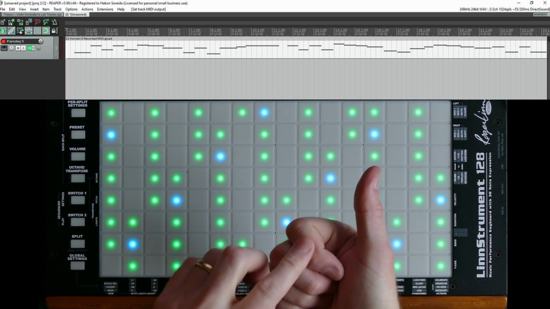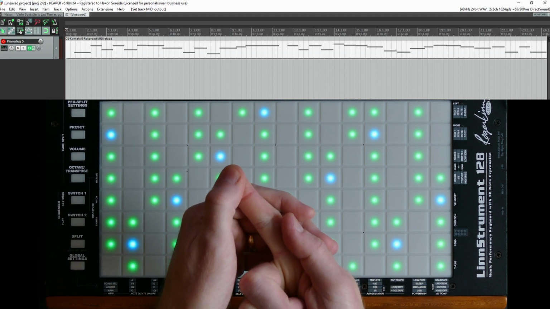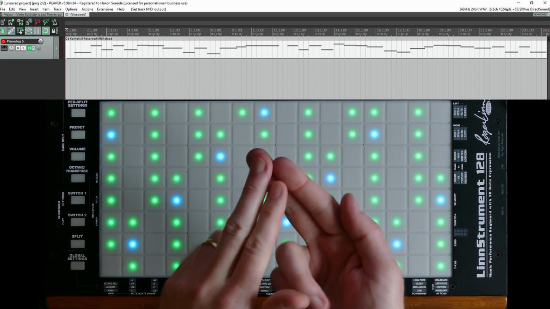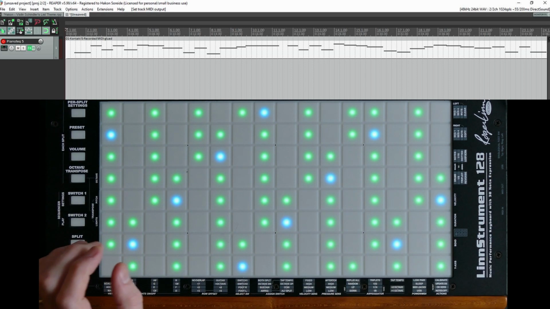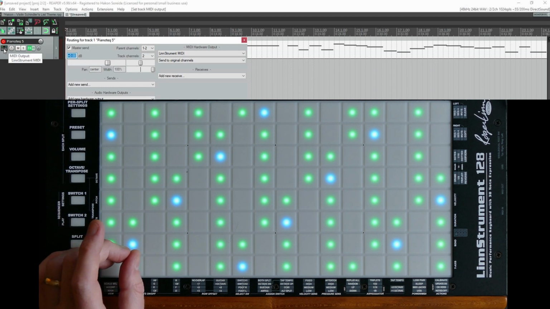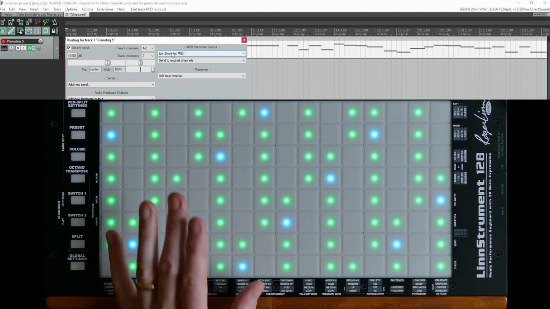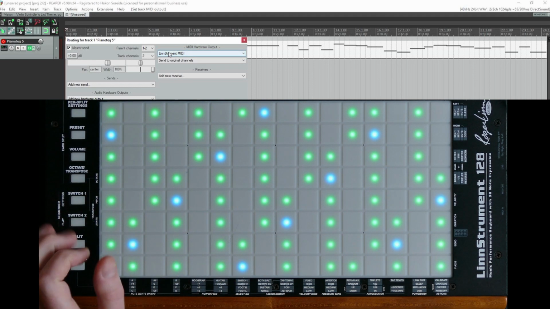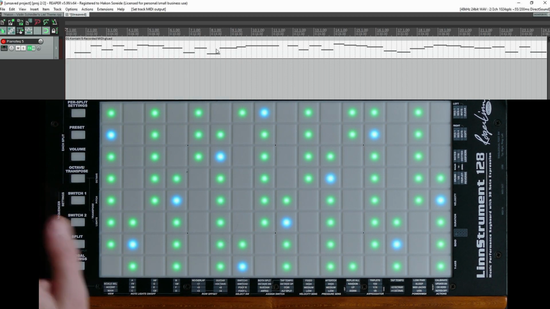And you also need a MIDI track to send to it. And you will need to set up that track to send MIDI data to the Linnstrument. So in Reaper, what you do is you go into the routing tab of the track and you set up here MIDI hardware output and set that to Linnstrument MIDI. That's how it should show up in some way or form in any digital audio workstation. And what happens now when I press play